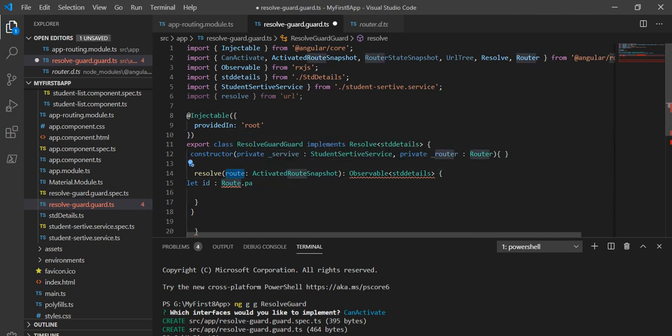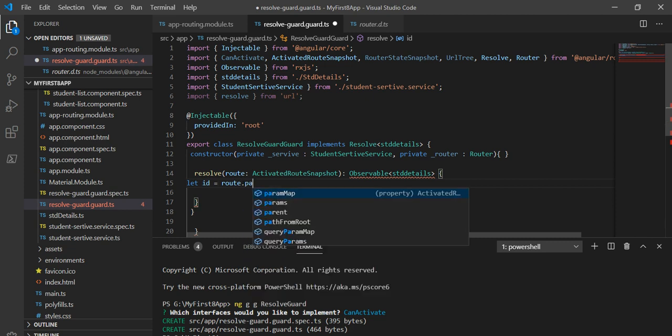This route we are going to take, dot, we have to put equal here. So route dot paramMap, and based on that we are going to get the ID.